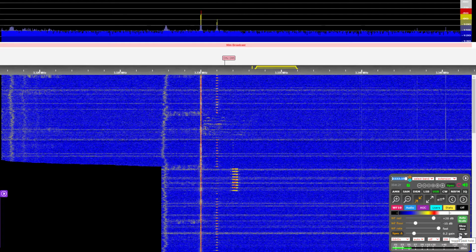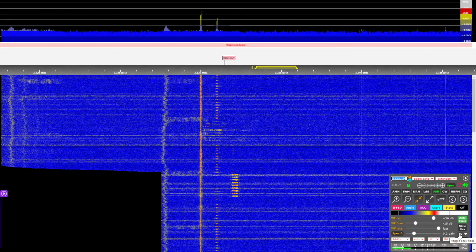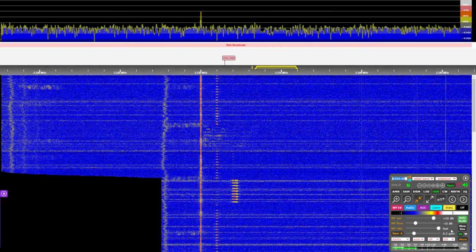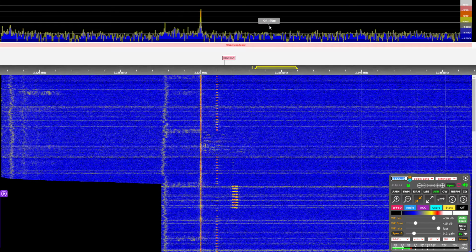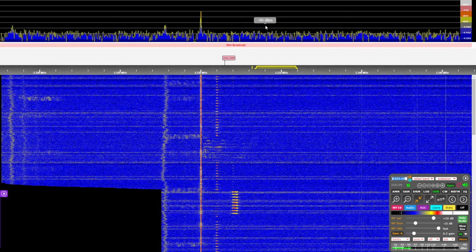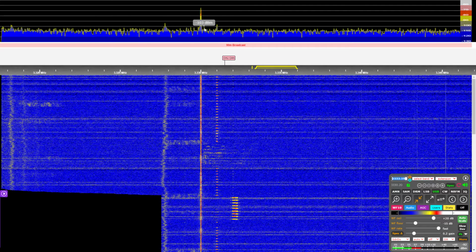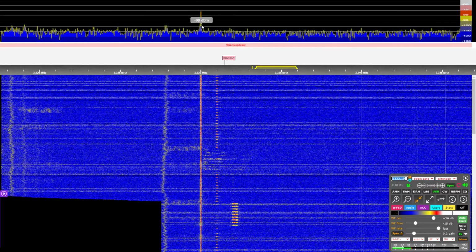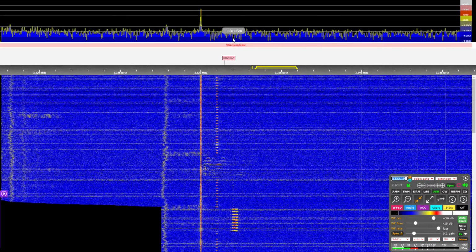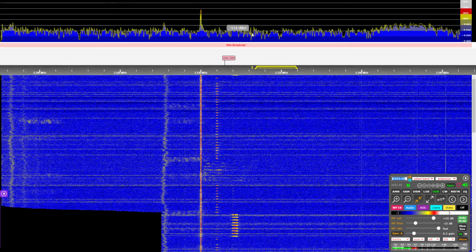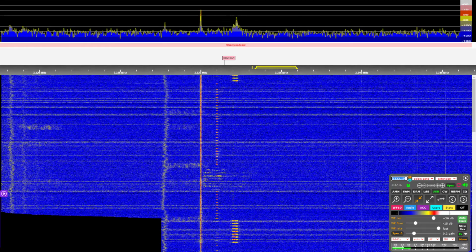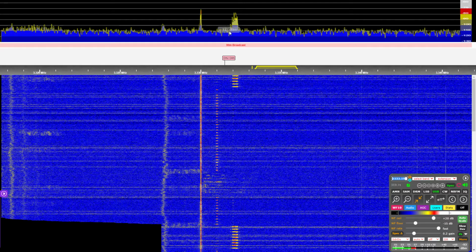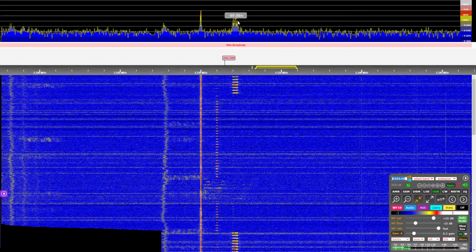It says toggle peak hold. So if I click that, you can see that the peak hold for each one of these signals is now activated. And right now there's some goofy stuff going on with this band. You kind of get an idea with this big one.